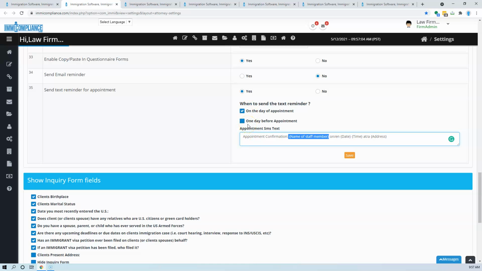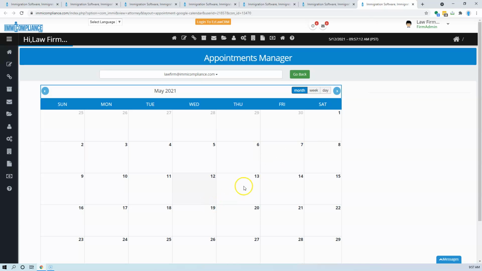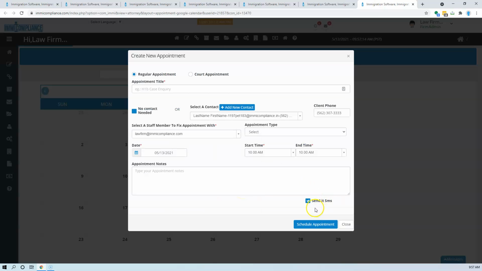And the notification at the time of appointment, when you create the appointment, that time also you can send out a text notification if you select this thing. When you're creating the appointment, if you check this box, only then the text notification goes out. Otherwise email notification will go out. So again, we have 2 places where you can send a text message. When you create the text message, you just decide whether you want to send the text message at the time of creating the appointment or not.